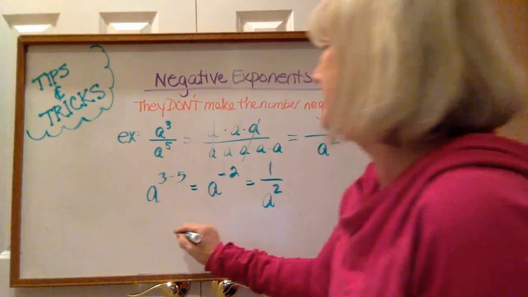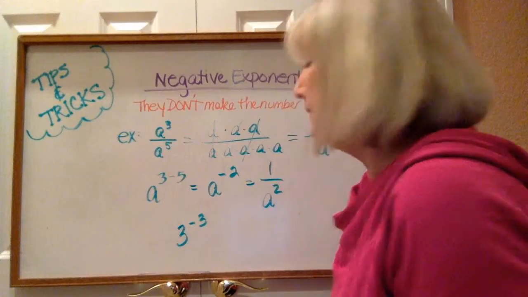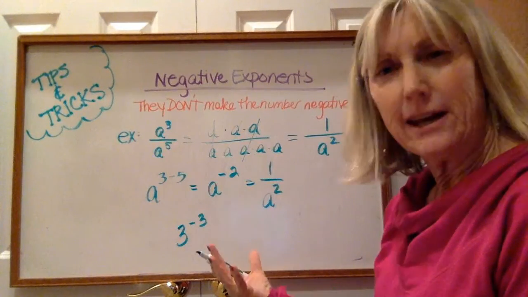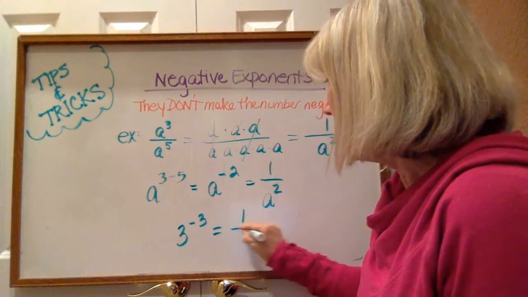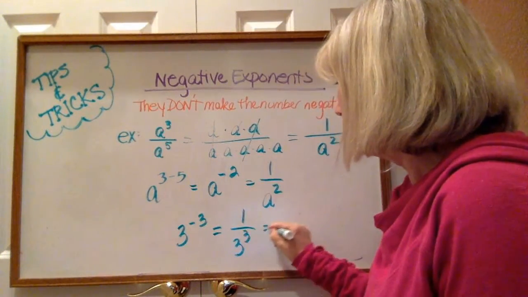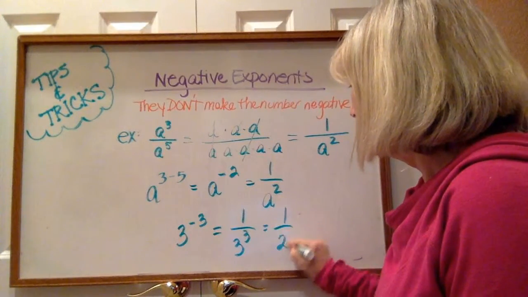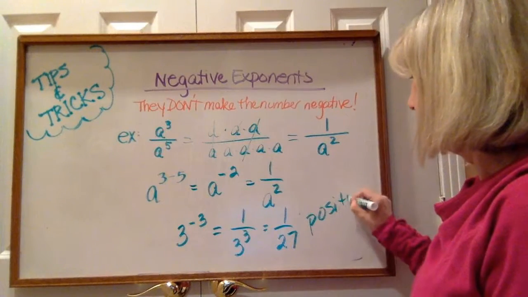So, as an example, what is 3 to the minus 3 power? It's not a negative number. What we need to do is write it as 1 over 3 to the third power, which is 1 over 27. And it's positive,